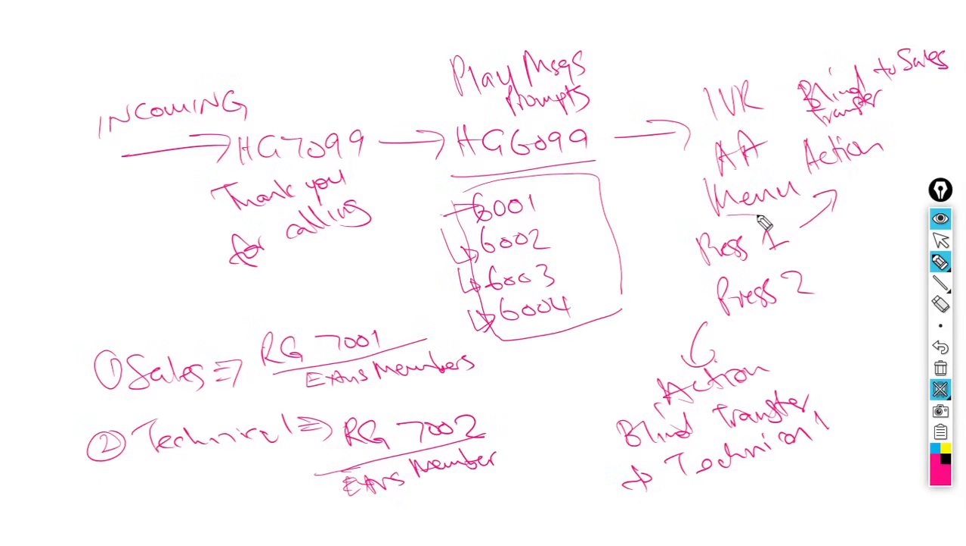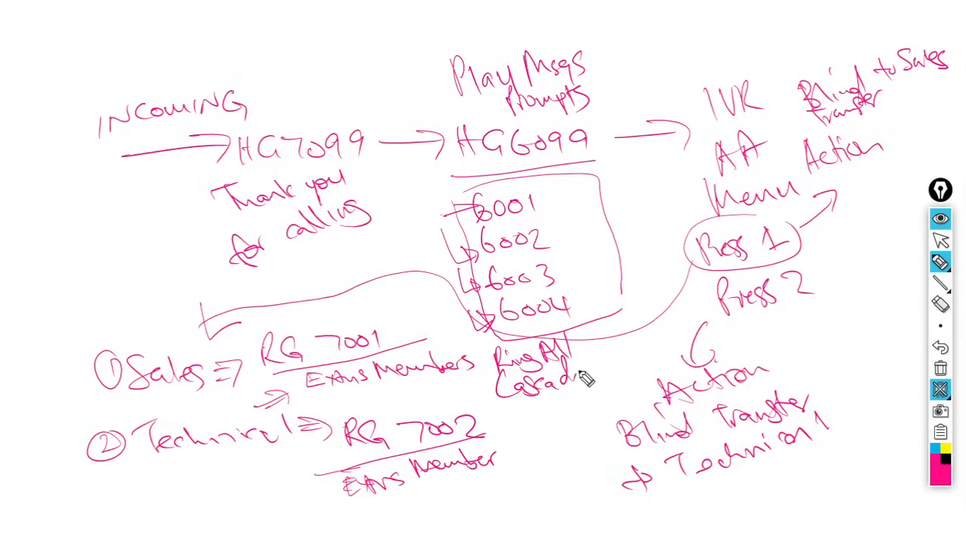So the moment 1 is pressed, you are going to take an action of a blind transferring to the sales ring group, which is 7001, and the extensions in that ring group are going to ring depending on whether I want to ring them at the same time, which is ring all, or we want to cascade or whatever. But in our case, we are going to ring them all, because